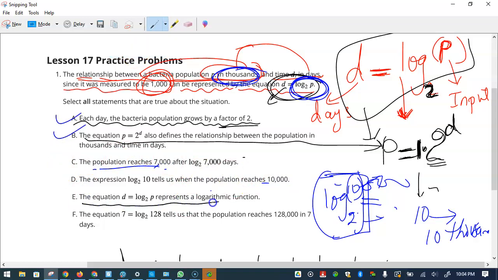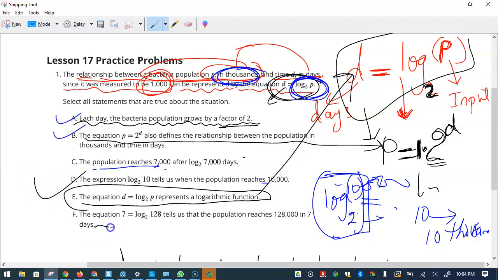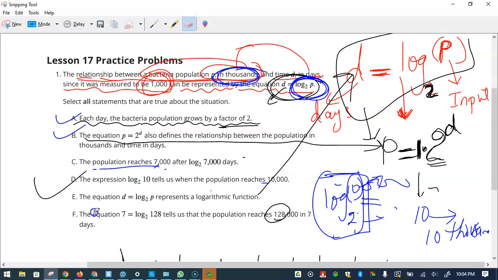This expression represents a logarithmic function, and there you go, it is correct, right? So this is logarithmic, that's correct. This function tells us the population reaches 128,000 in 7 years. So if you see this,